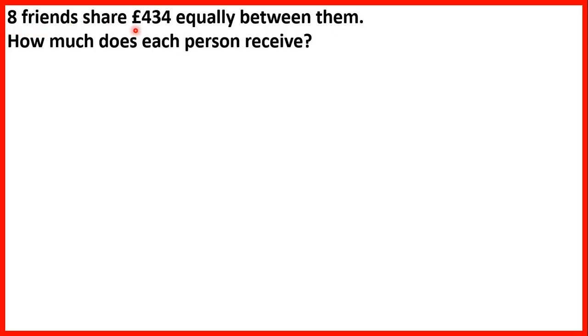8 friends share £434 equally between them. How much does each person receive? So when we have a total that's shared equally, we use division. So we just need to divide £434 by 8. We can use short division, and then remember, when we get a remainder, we can write 0.00 on the end. That gives us